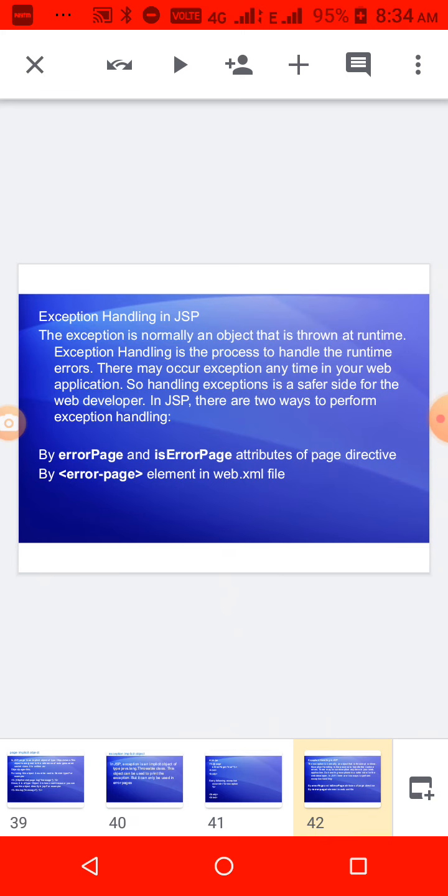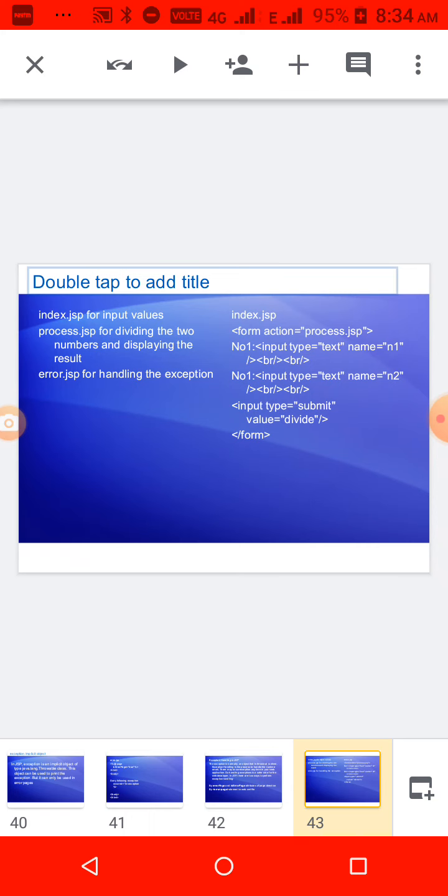Okay, here I am going to explain using three files. One is a design file, that is index.jsp, getting some numbers, and then process.jsp, which processes that input. That processing means some of the inputs we are getting, no? The calculation we are doing in this process.jsp. Then error handling in error.jsp.